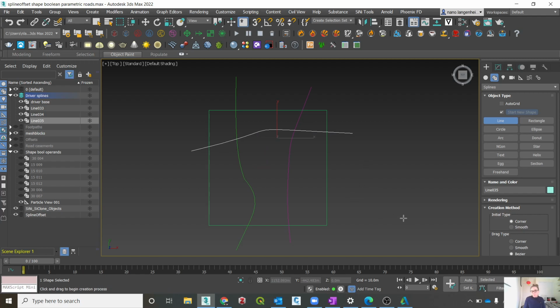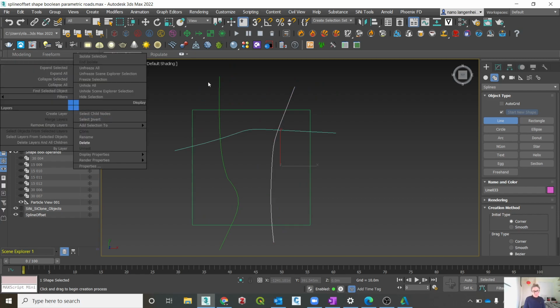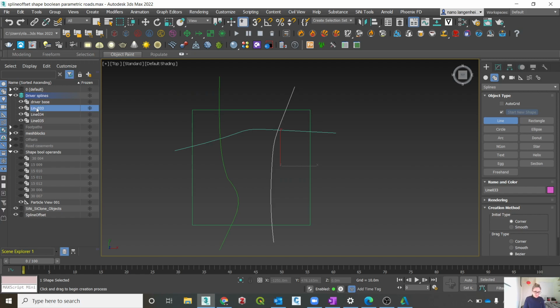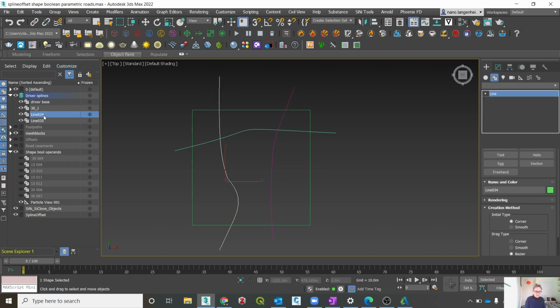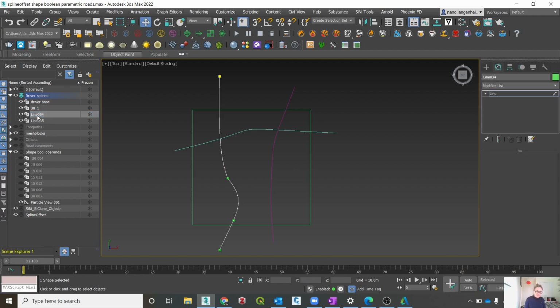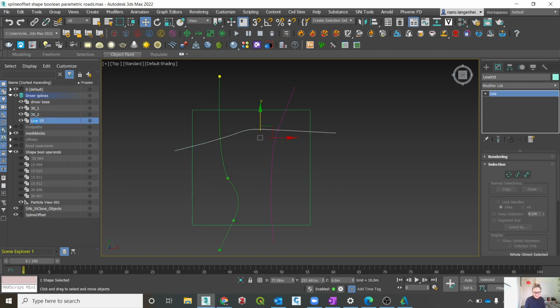So you'll have some wide ones and you'll have some less wide ones. So these 3 roads, I want to make these my 30-metre roads. So I will rename these 30, but as Max likes to have every individual item have a unique name, it's a really good idea to make sure that you can see that unique identifier